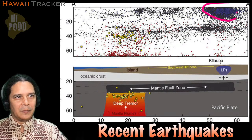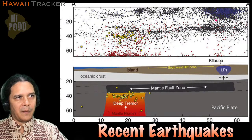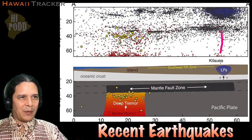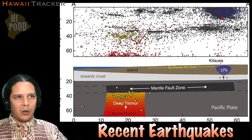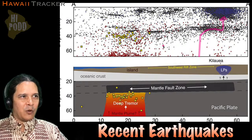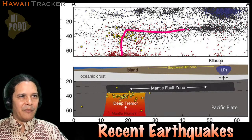This is Kilauea summit caldera zone right through here. So it's not exactly the same, right? But you're talking about possible pathways into Kilauea. There's possibly the one straight below. There's possibly the one from slightly southeast. And then we're talking about possibly a third one that might come from further over and come up and in,